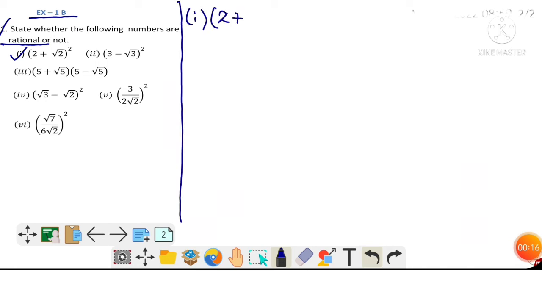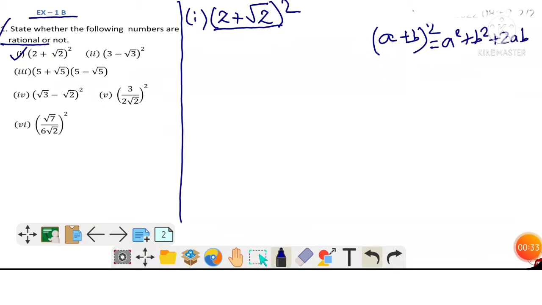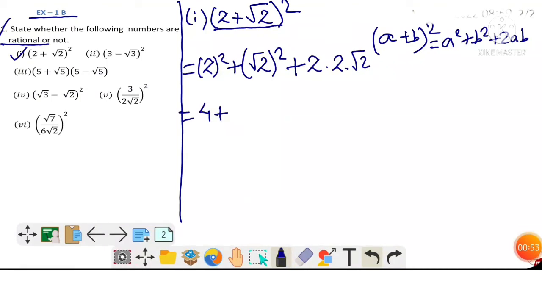It is 2 plus root 2 whole square. So see this question properly. It is in the form a plus b whole square. So it is a square plus b square plus 2ab. So we can write it as, a here is 2 and b is root 2. So a square, 2 square, plus b square, root 2 square, plus 2 into a is 2 and b is root 2. So it is in the form a square plus b square plus 2ab. 2 square is 4. Root 2 whole square is